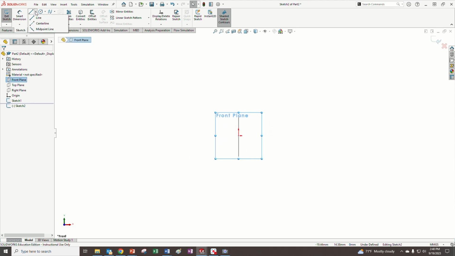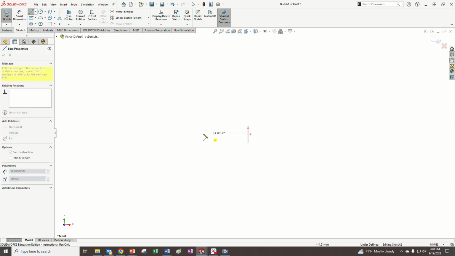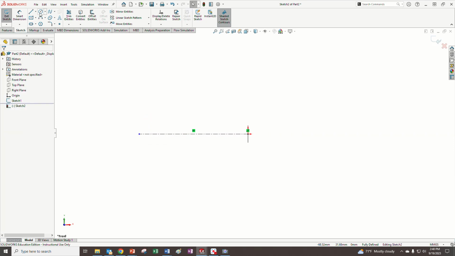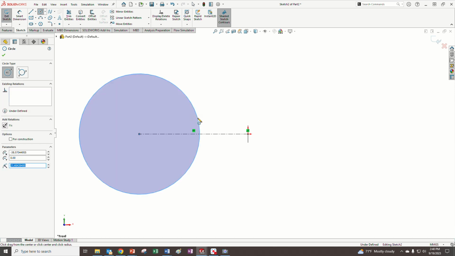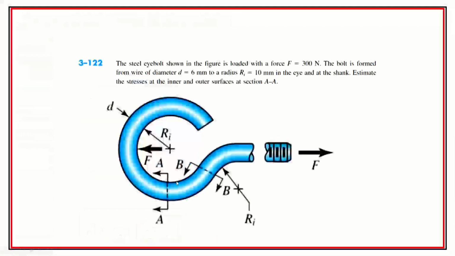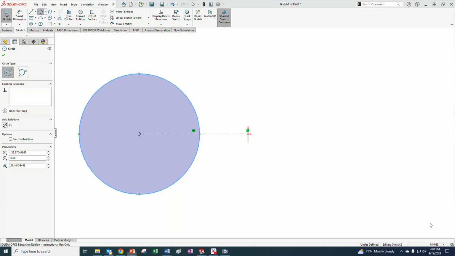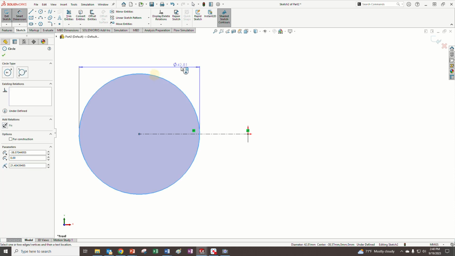So I'm going to start by using a construction line, and I'm going to plot out a diameter here. I have to kind of plan it out just a little bit. Let me put this out here. I'm going to try to do this diameter right here. If you notice, this is 10 millimeters, and so that's 6 millimeters, so there's 13 millimeters to the center from here to the center line of this, and I want the diameter, so it's going to be 26, I believe, right? So we'll make this thing 26